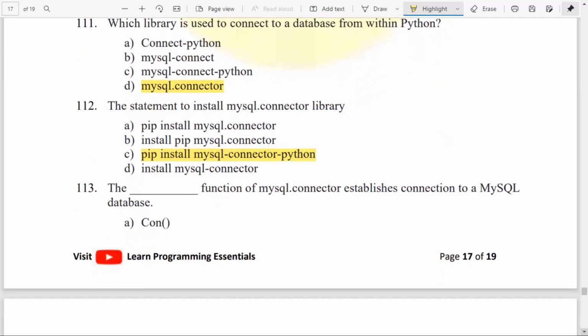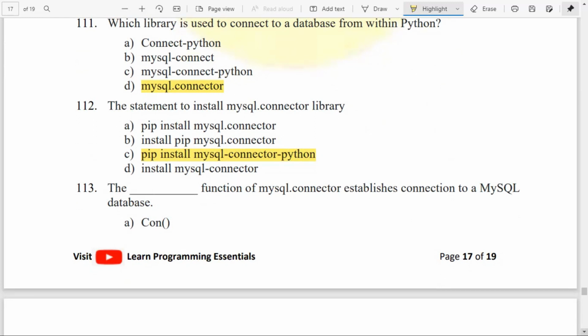You have to go to the command prompt, and after that you have to type this one. You have to install this library with this statement. After that only you can have connectivity. You can establish a connection between your database and your Python environment.